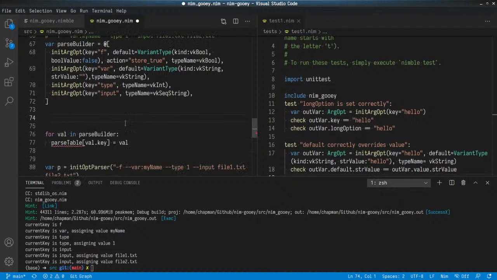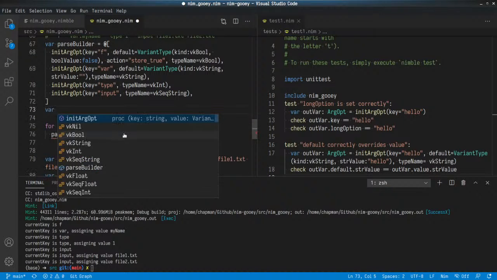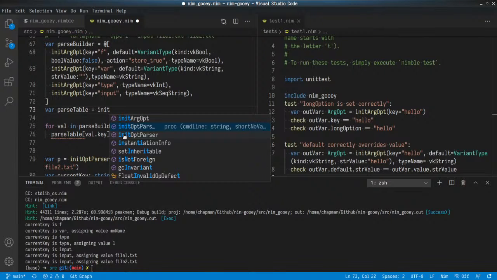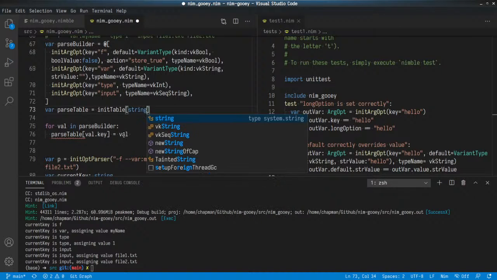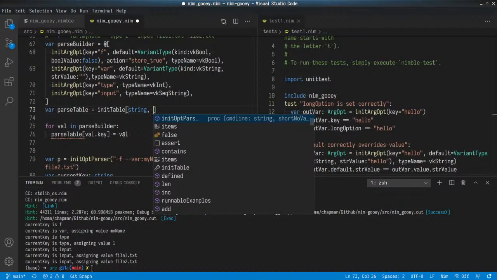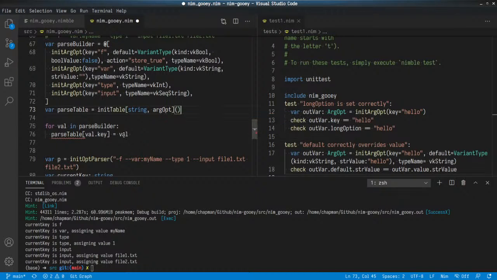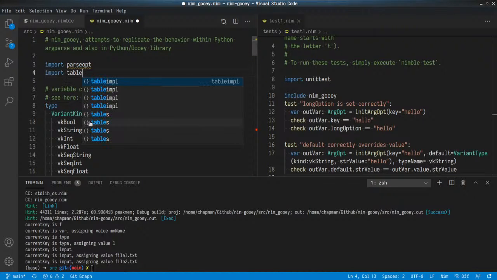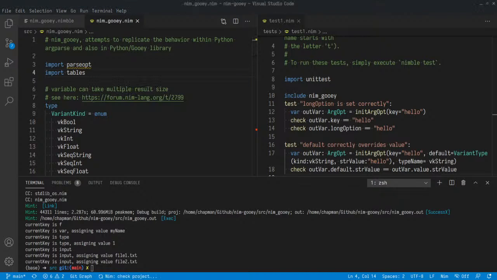Of course, we haven't defined what pass table is, so let's make pass table to be a table which is a string as a key and opt as an argument. So I think we need to import tables as well, so we can't just do that naively. So import tables, and then